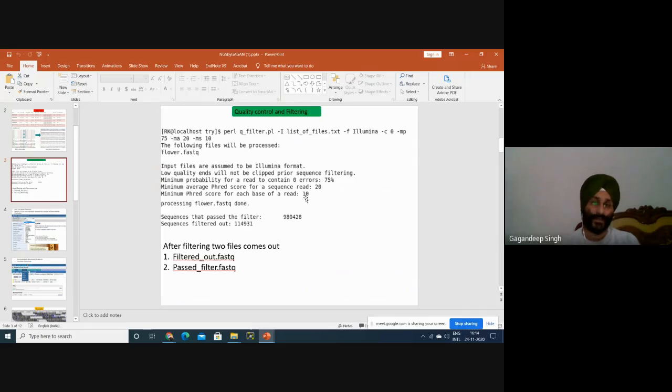If it is more than this, and if error is more than 25%, sorry, here not 75%. If it is more than 25%, then we'll discard that image as well. Okay, this is the filtering algorithm where we have to find some probabilities based on overall error, error based on single read, error based on each base. This is the percentage and probability, how many reads there are with some errors, and we have to select those reads or discard those reads.